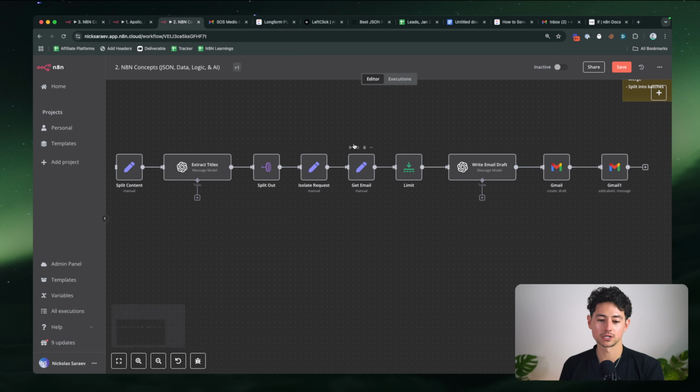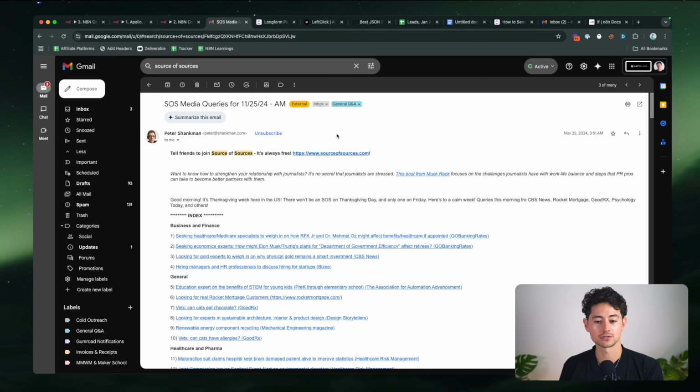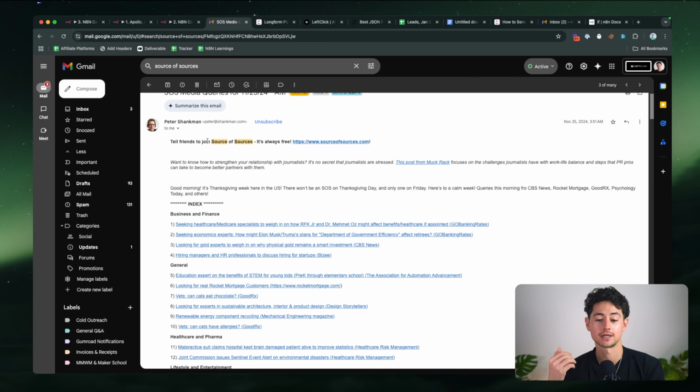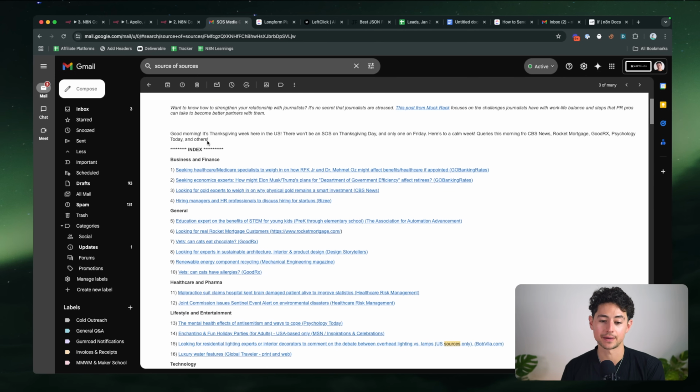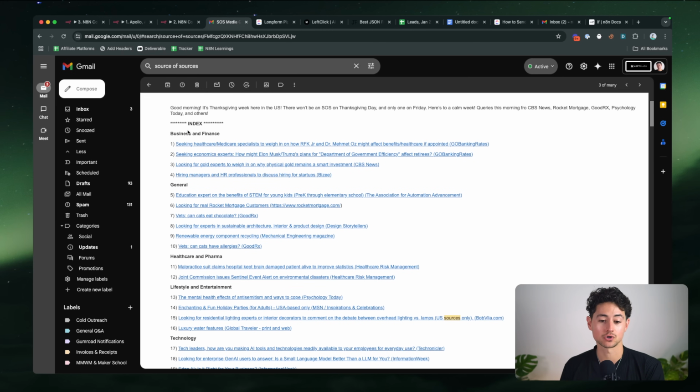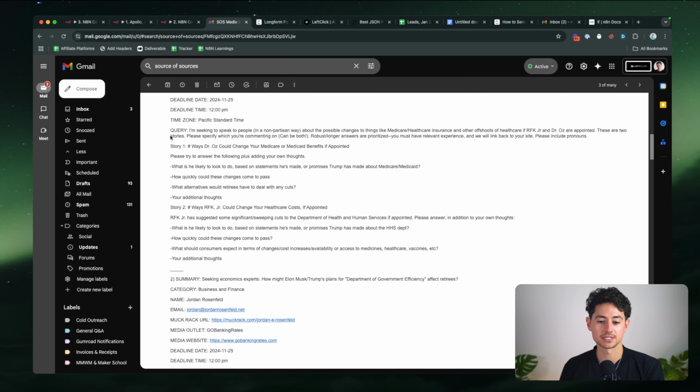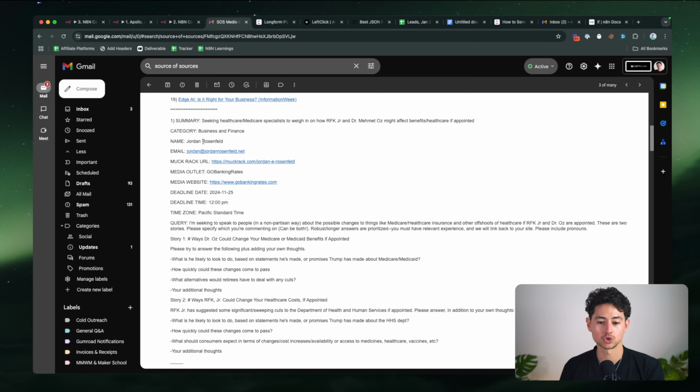So this is what the flow looks like right now. I'm actually going to simplify it. I've decided to do it a little bit simpler over the course of the last 20 minutes thinking about it. But basically, to make a long story short, there's this service out there called SOS, and I mentioned this at the beginning of the video. They send out a query every day from journalists, where the journalists are looking for people that match their criteria to answer questions. So for instance, this one up here is from Jordan Rosenfeld, who's saying, seeking healthcare and Medicare